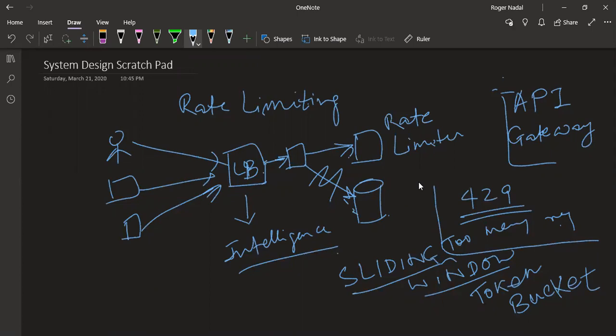I see. Yeah, so in a real system, you may have some configuration. Suppose some clients are paid clients, and you want to allow different premium scales. For free clients, you are allowing them to make, say, 10 requests per second. But there are some premium clients, they are paying you, and you are allowing them 200 requests